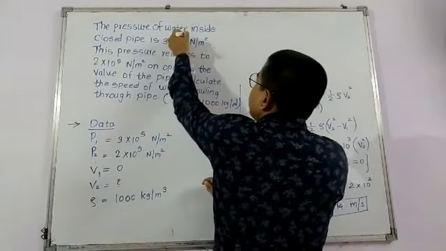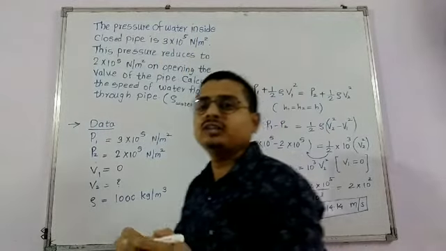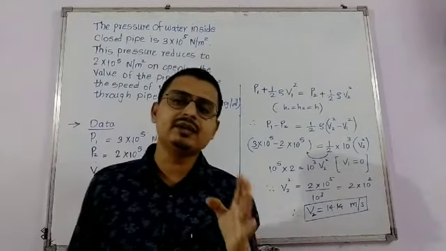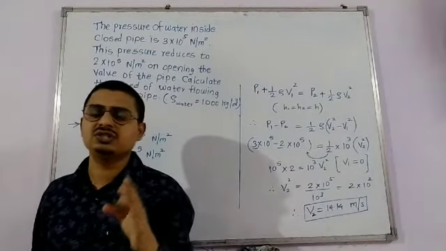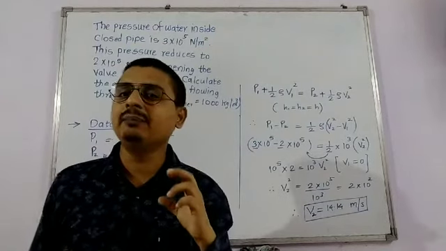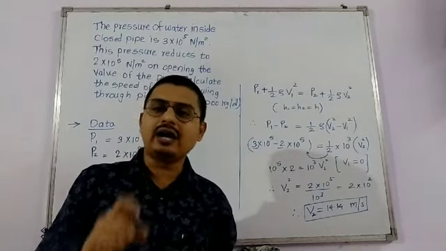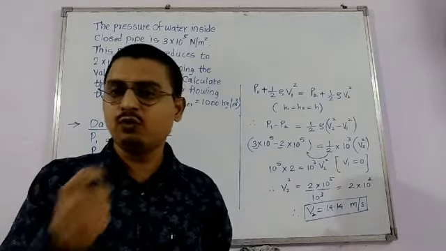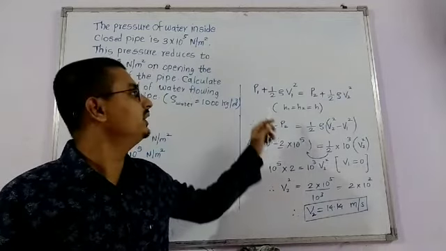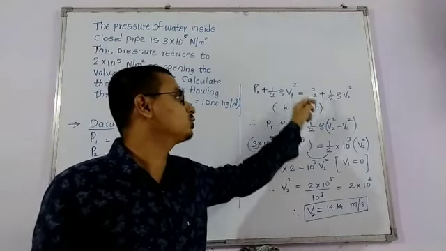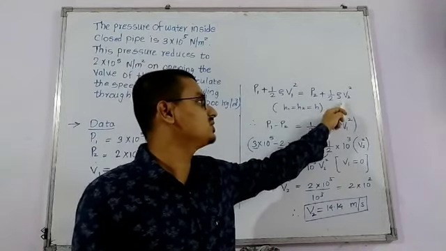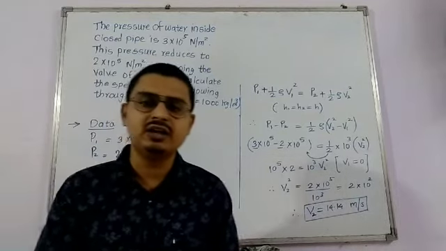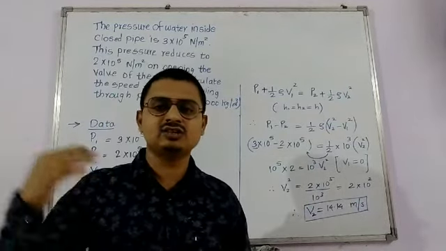So we will use Bernoulli's principle to solve this. According to Bernoulli's principle, P plus half rho V square plus rho g h is equal to constant. But here in the pipe, the heights h1 and h2, that is in case 1 and case 2, remain constant, they do not change. Therefore we will only take P1 plus half rho V1 square equal to P2 plus half rho V2 square, because the rho g h term on both sides will be constant, since in this case the height does not change.